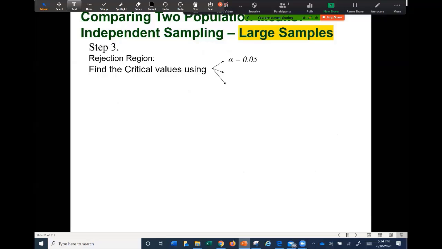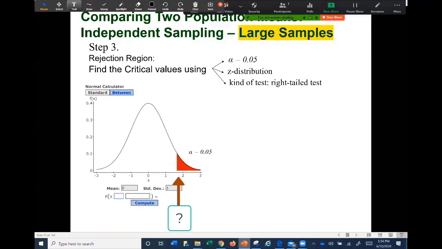What else? What is the mathematical model that we are using in this case? Normal distribution. We have to use Z distribution, Z-score. And another piece of information: how many critical values do we need and where? If we are doing a right-tail test, we need only one critical value on the right. If we are doing a two-tail test, we need two critical values on both sides. In this case, because it's a right-tail test, we need only one critical value on the right. That is our reference point.